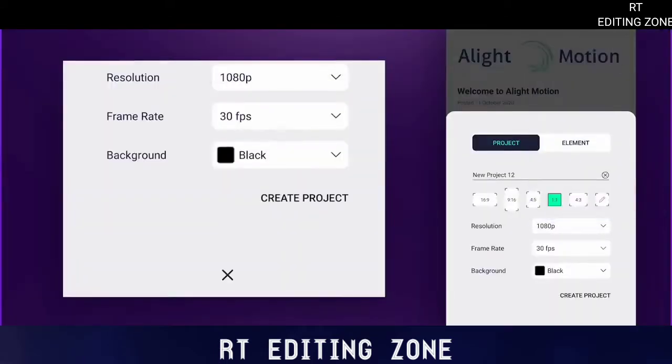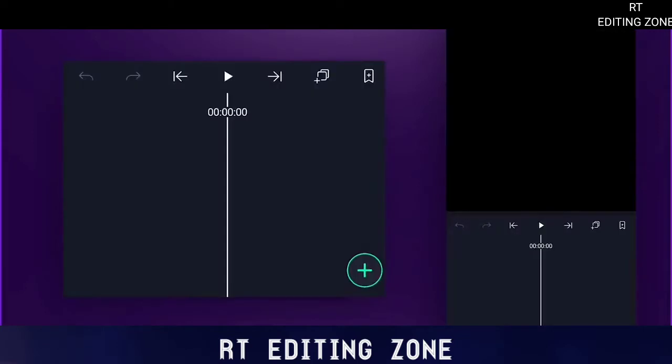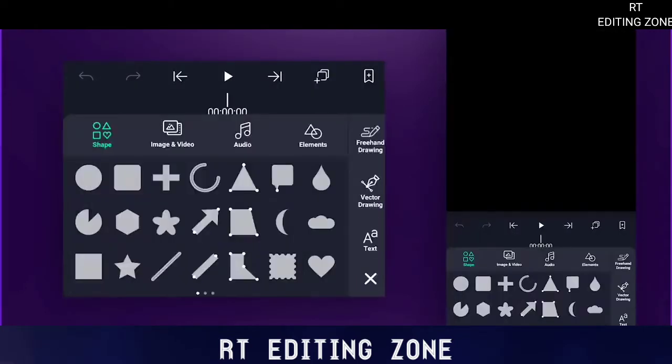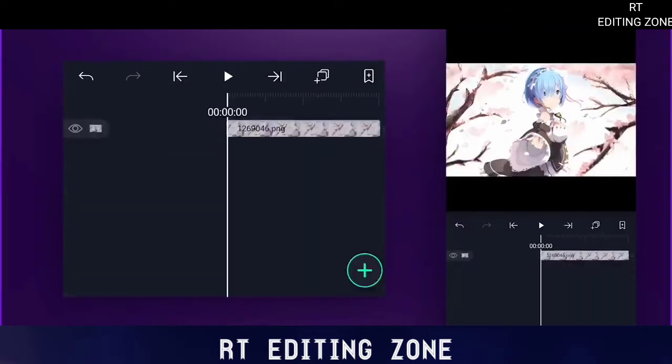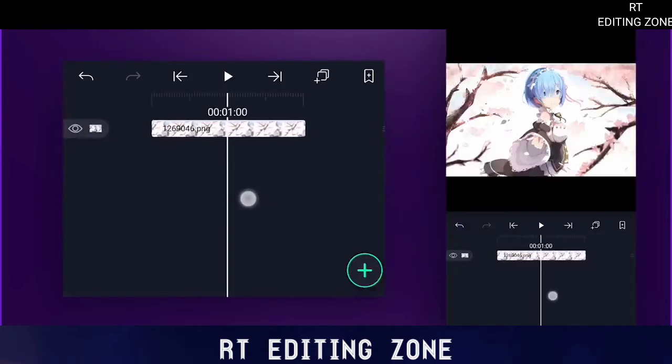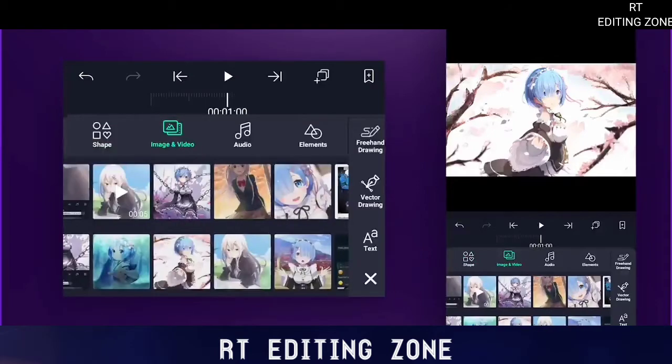First of all, you have to create a new project, and after that I am going to add a few images using the plus icon at the bottom. I want to change the duration of this layer to 1 second, so I'll select the layer. Now using this icon you can delete the right side of the layer, and using the other icon you can delete the left side. If you click on the center one, it will split the video into two parts. I want to delete the right side, so I will click here. Now let me quickly add the other images.